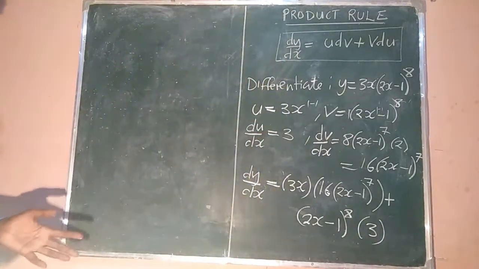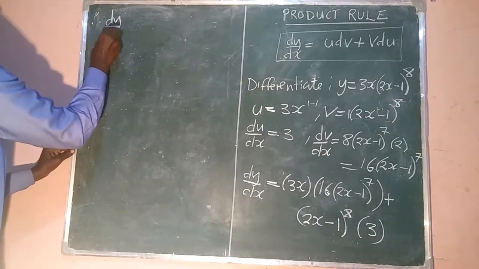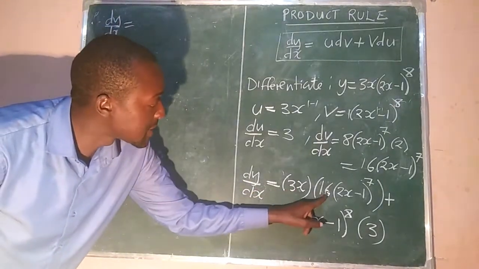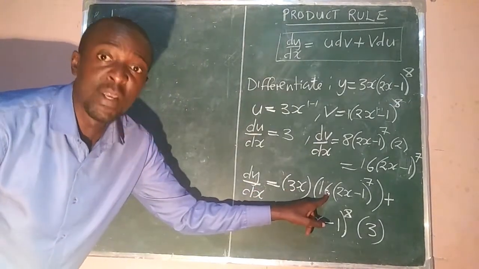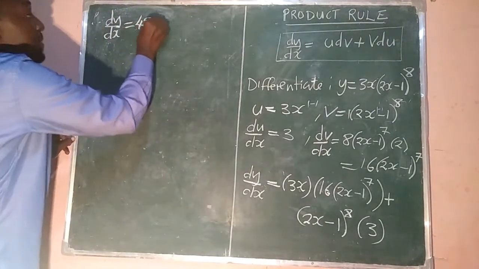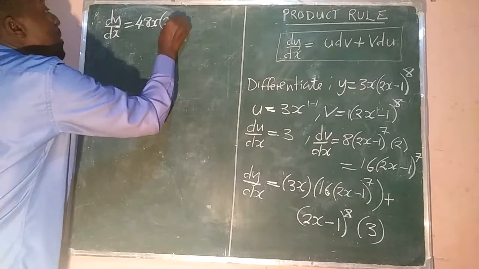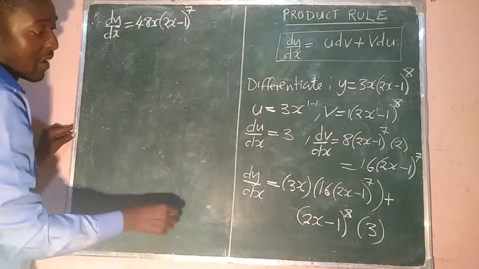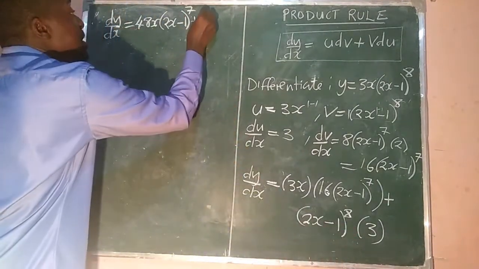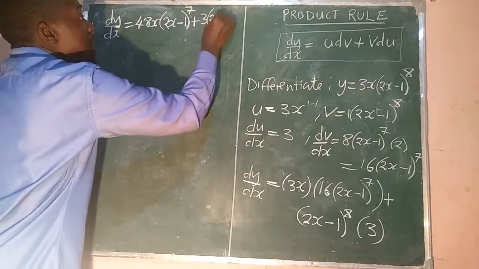Now at this stage, we can simplify what we have. Therefore dy/dx will be equal to, we can multiply these two numbers: 3x times 16 gives us 48x. So we have 48x, and then we write what we have in the brackets, (2x minus 1) to the power 7, plus 3, and then what we have here in the brackets, (2x minus 1)